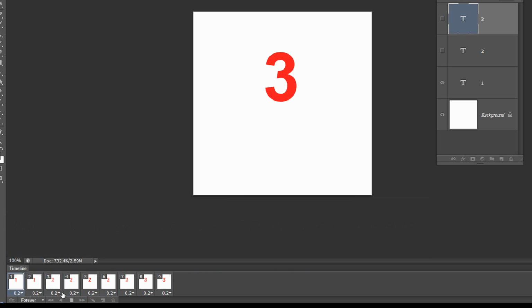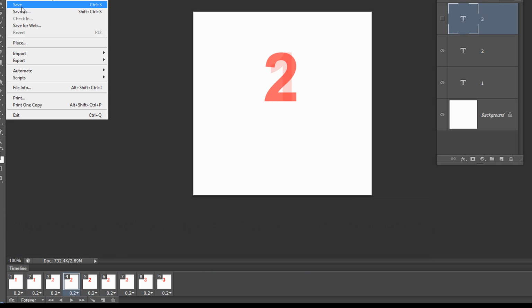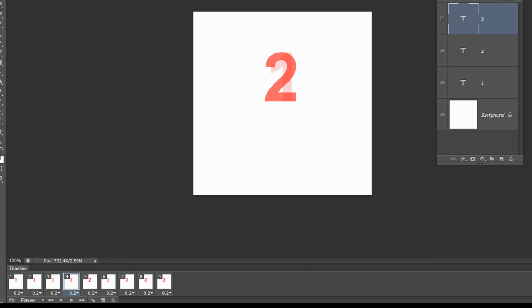Stop. Now, to save this out as an animation, you can either make a movie out of it, but it would be much simpler to just file, save for web and devices, and I've shown you how to use that before. If you want to save this so you can come back to it and edit it, then save it as a PSD file, which